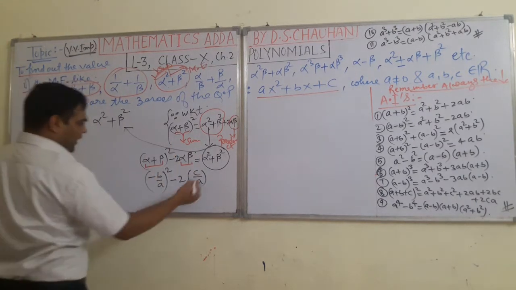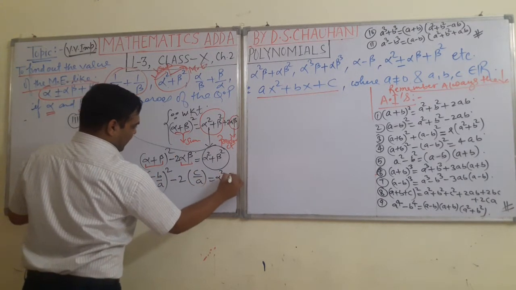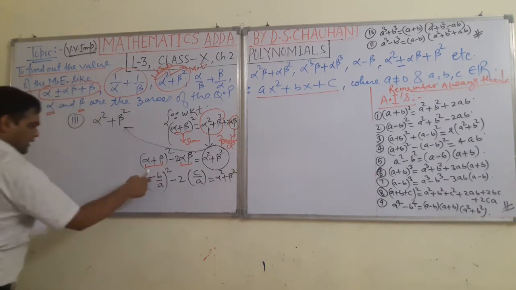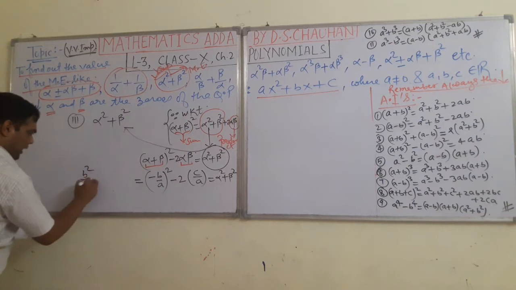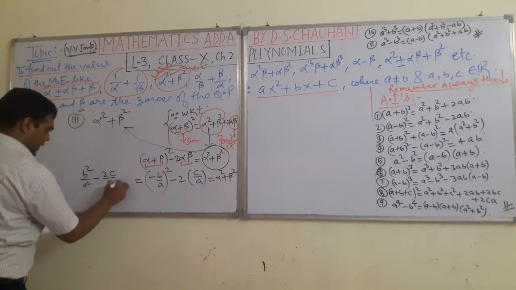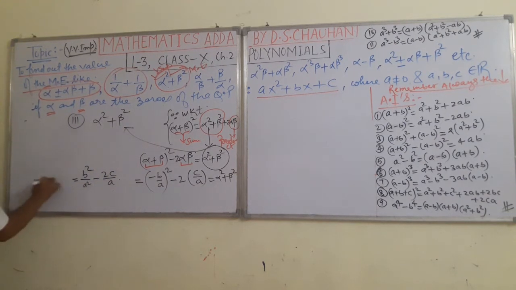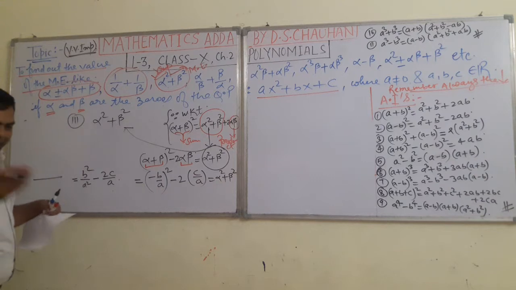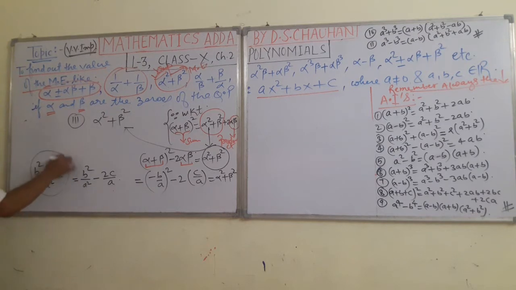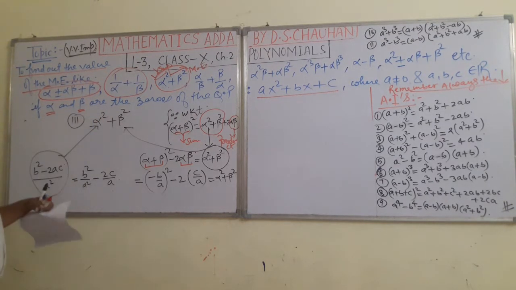So now you simplify, you will get the value of alpha square plus beta square. As you will simplify, what you will get, student, here? You will get this minus minus plus, it could be b square upon a square, this minus 2c upon a. As you will take the LCM, it is LCM of a square and a. What is it? A square. So it could be b square minus, here this is a, so this 2c will get multiplied by a, you will get minus 2ac. This is the value of alpha square plus beta square.